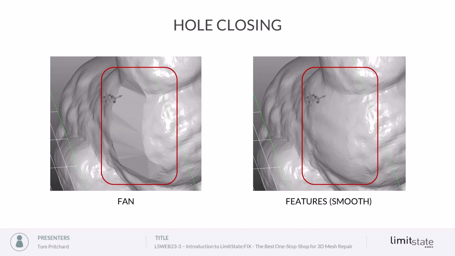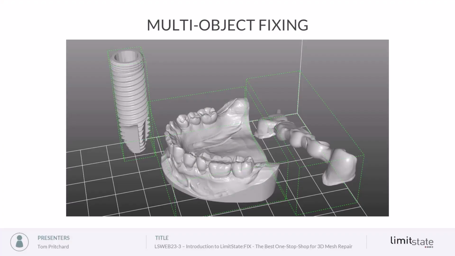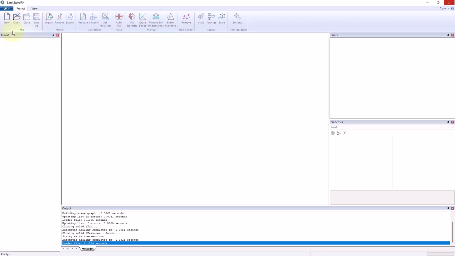So let's take a look now at our second example, and this time it's going to be one of multiple object fixing. Here we can see what we're going to load in is actually dental models in this particular case. So if I bring out LimitState fix again, we'll close this file, we'll click on new, and we can see